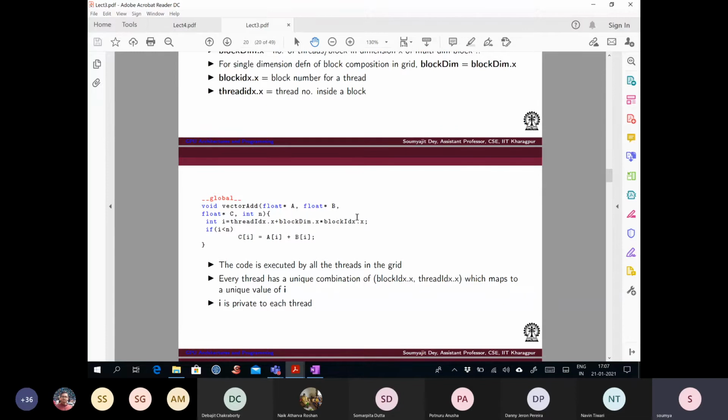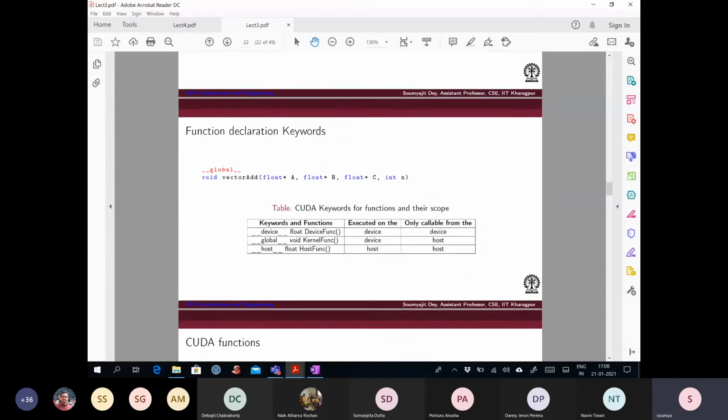And since this is its global thread ID, which is unique, it determines the way the program will flow through the overall logic. When you are writing the if-elses in your program, or you are doing some looping structure, everywhere you can use this value of i to decide whether this particular thread gets into some if-else structure or not. So this i will be unique for each thread and is like a private value to each thread, right? So that was one of the important points which we should mention.